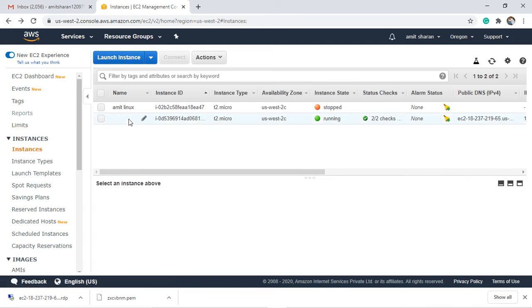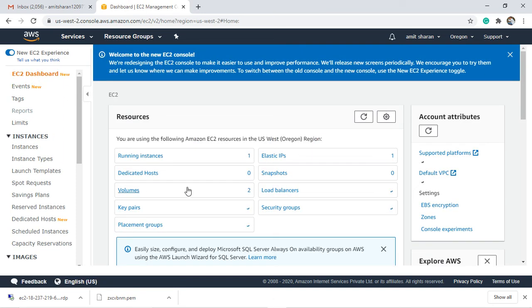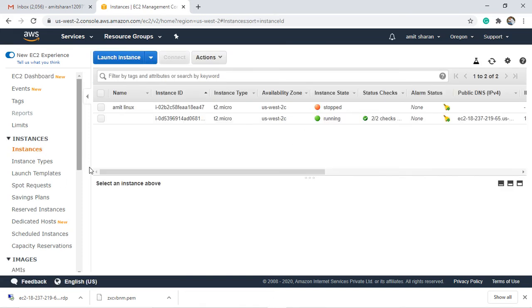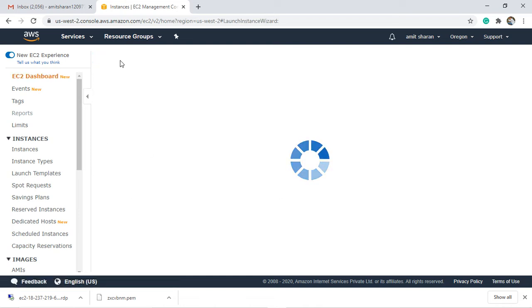In running instances, there are a number of options. I'll discuss in further videos what the uses of these options are, but today I show you how to create an instance. So move forward, go to the instance and launch. To create the EC2 instance, simply go to launch instance.